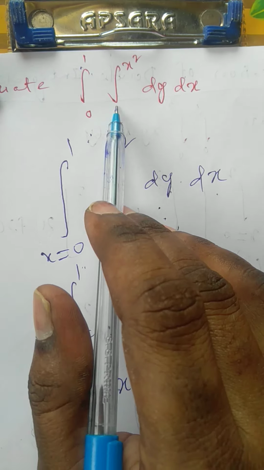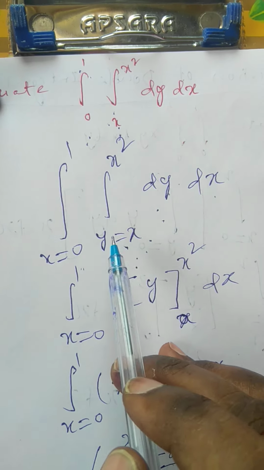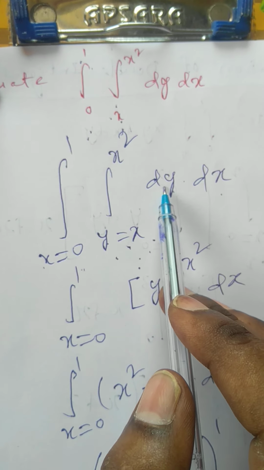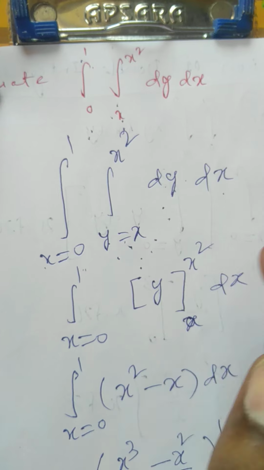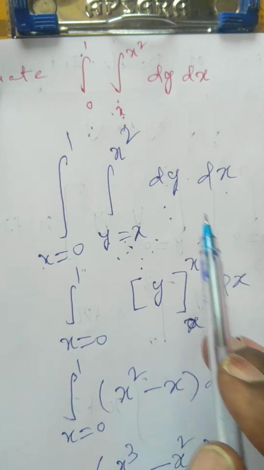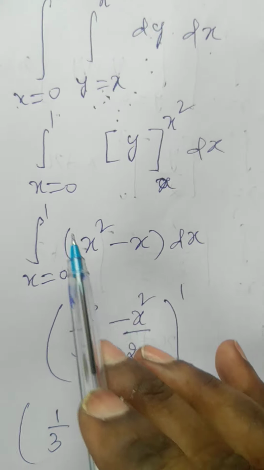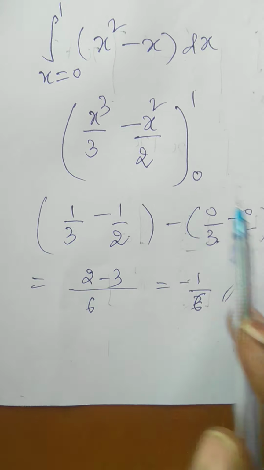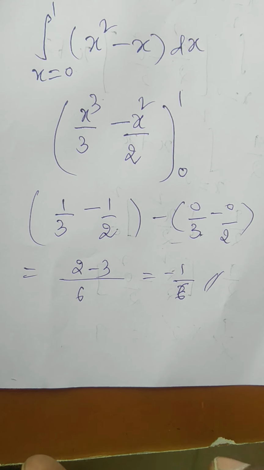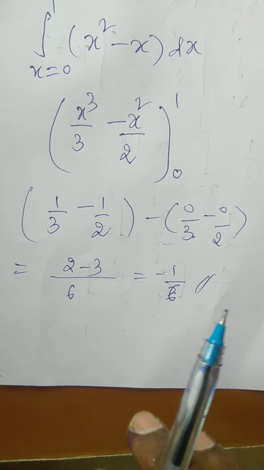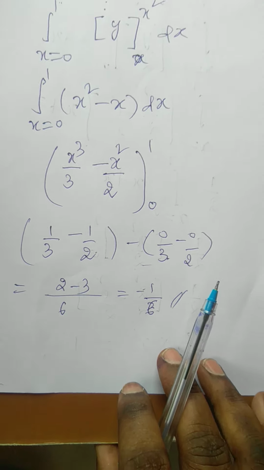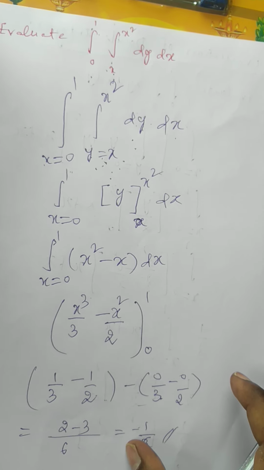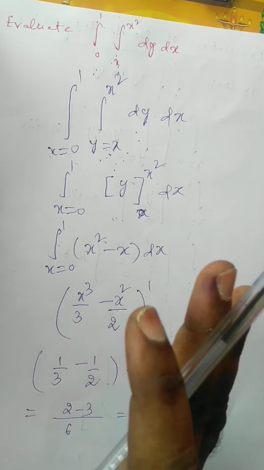Means if you have the limits in terms of x, we can fix constant limits for the other variable. Now we can integrate with respect to y, because the y limits are in terms of x. Wherever you have y, it is replaced by x, so the entire problem is converted in terms of x. Now if you integrate with respect to x, the x limits are constant, you'll get some magnitude, some value in real numbers. Is it clear? This is the way to evaluate.